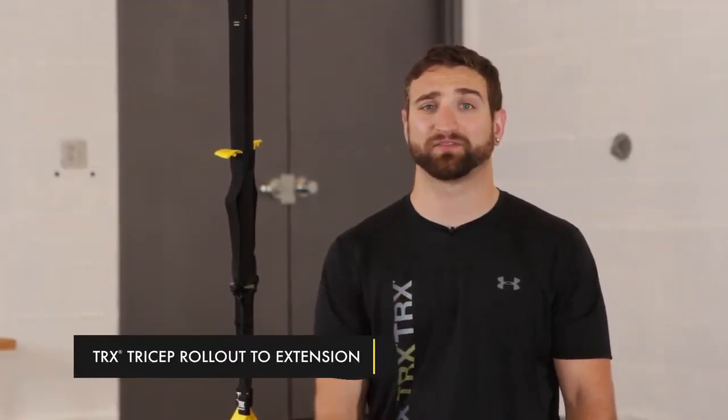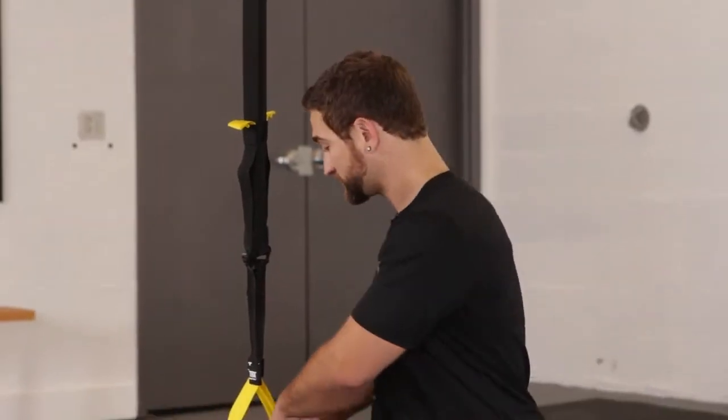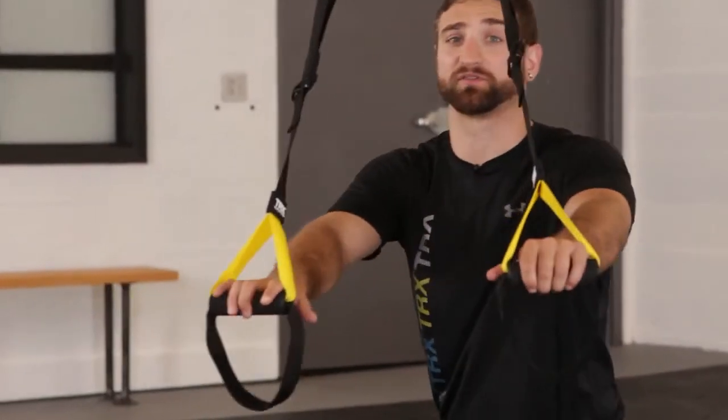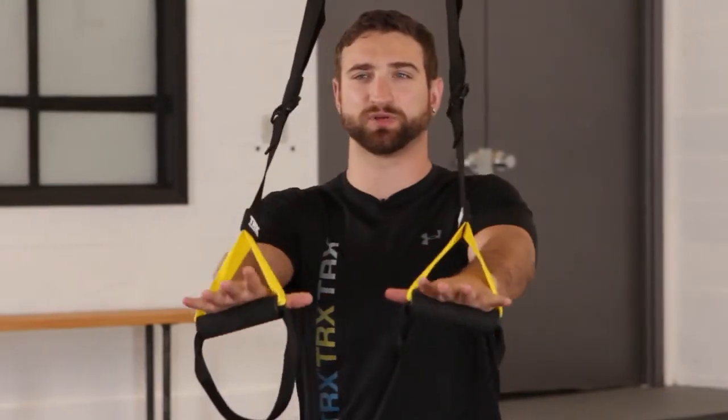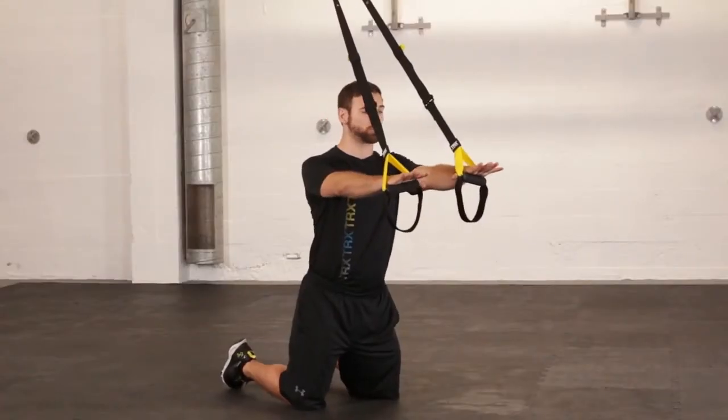Next up is the rollout to tricep extension, one of my favorite combination moves. So first, you're going to grab your straps, make sure you're in front of your anchor point. Once you set those knees, nice base, somewhere between hip and shoulder width apart, you're going to roll straight out,